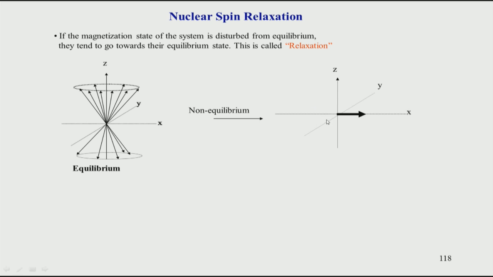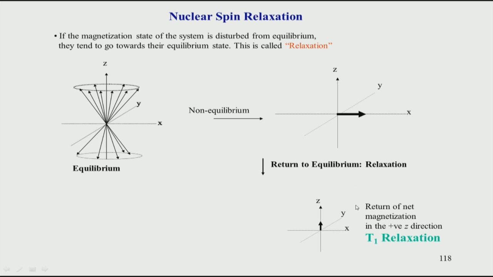But this is not a situation where it is in equilibrium, it has come this side because of our application of a pulse of energy. So, it has to go back to its original situation. Remember the motion is never like this, the magnetic vector always comes like this and then goes up. As it is going this side, it starts building up this side. Simultaneously, that process of building of the magnetization along the z axis is known as T1 relaxation.